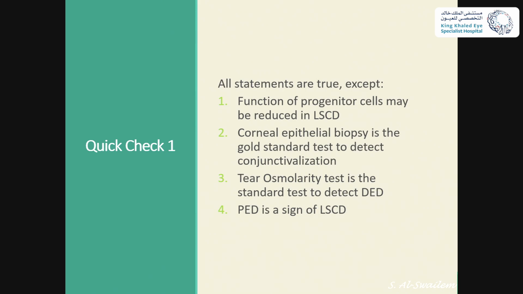Can you read, please? All statements are correct except function of progenitor cells may be reduced in LSCD. Corneal epithelial biopsy is the gold standard test to detect conjunctivalization. Tear osmolarity is the standard to detect the delayed epithelial DED. Conjunctivalization, and PED is a sign of LSCD. I think